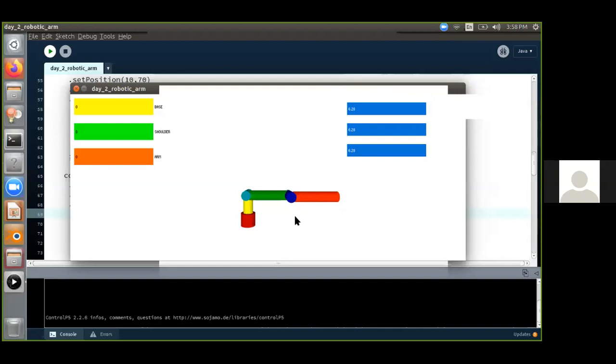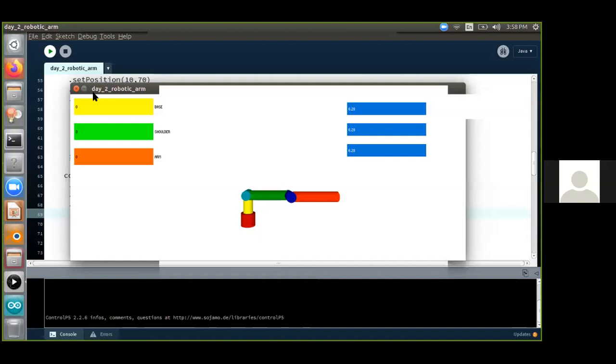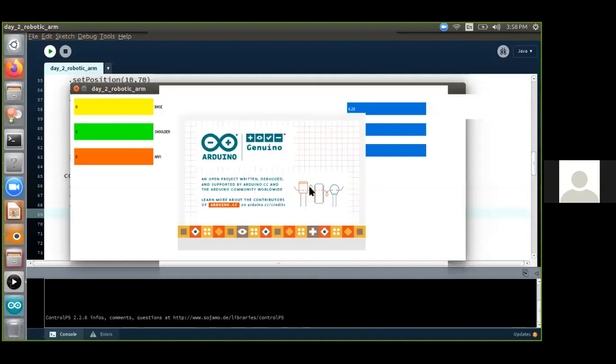Float is nothing but a number with a decimal value. And Gopal is asking how to embed this code in Arduino from Processing. So in Arduino, I'll open Arduino. And Krishna Kumar, I'll answer your query on how to start learning robotics.